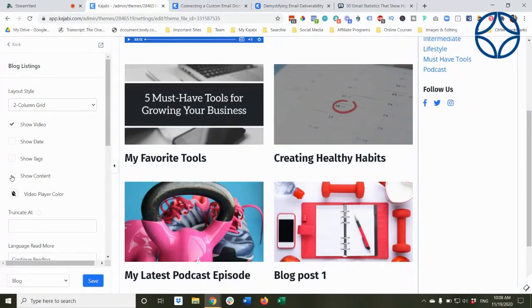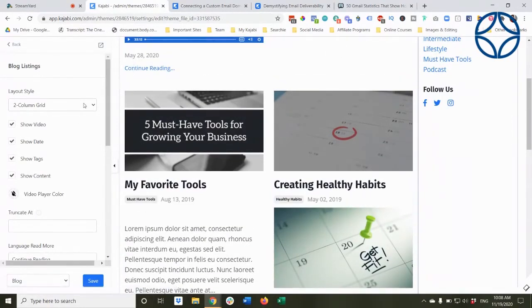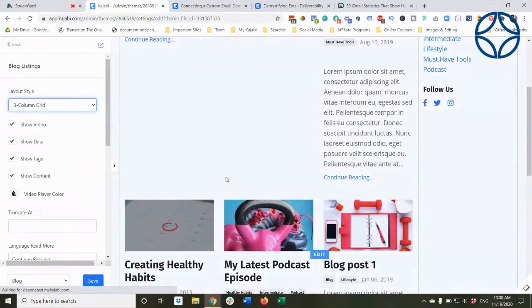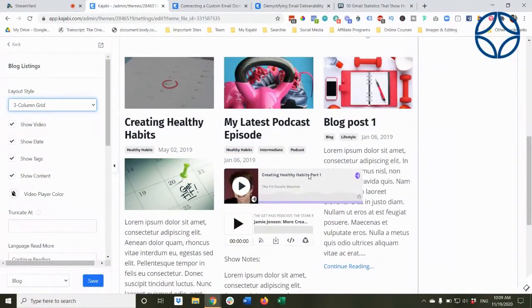Different people have different viewpoints on this, right? So different people may want to have all of those things showing or only some of those things showing. So that's why it's really interesting that now we have the control to show or hide all of those options. And we can also create a 3-column grid, which is kind of the one I like. I can tell you right here, this is not good. This is an embedded podcast player that is clearly not responsive in this view.